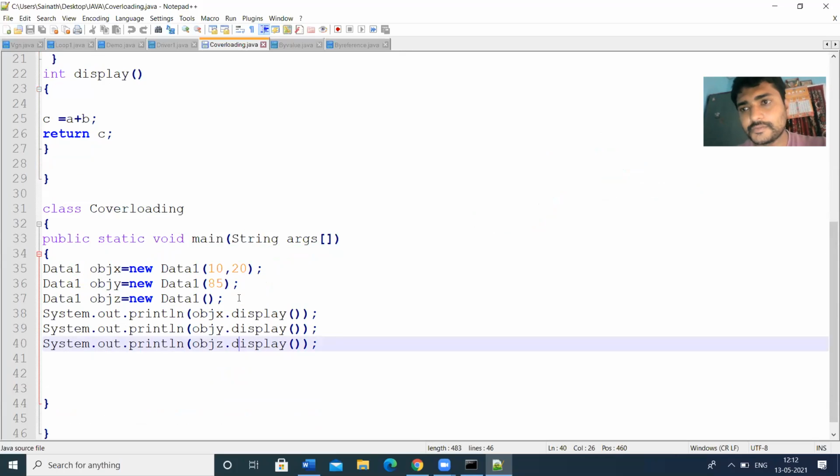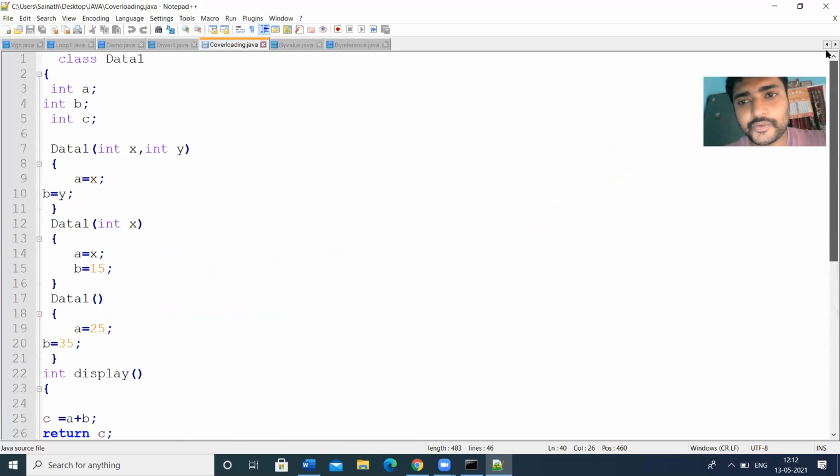Then objz.display. So this is constructor overloading. The constructor name is the same, but the constructor signature, the parameter list, is different. This type of implementation is known as constructor overloading.